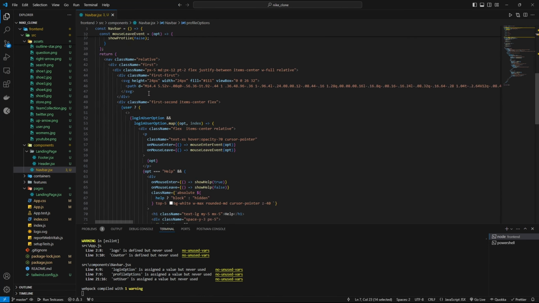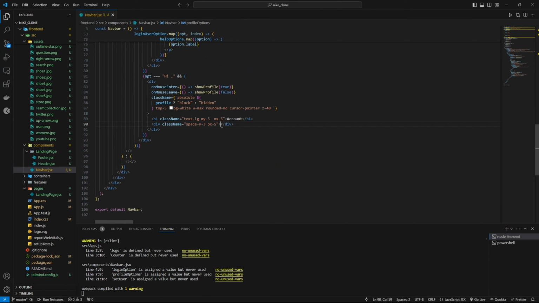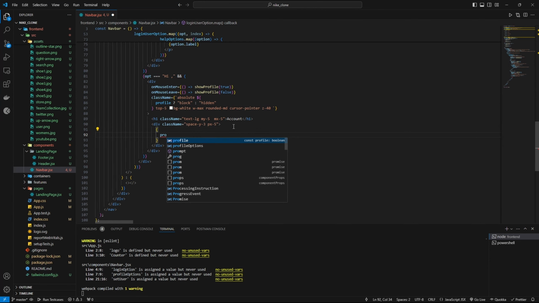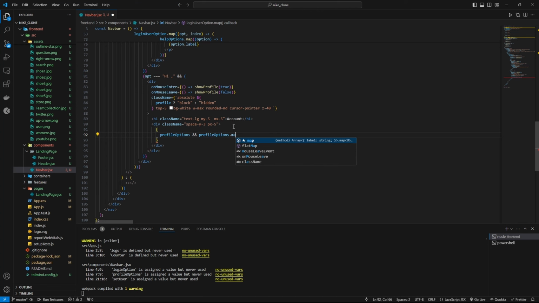Okay, so we are going to make use of this profile options, and now we are going to check if we have the profile options or not. And if we have the profile options, then we are going to show it. So something like this. Here we are going to see if the profile options are there, and if it is there, then we are going to make use of it by writing profile options dot map,